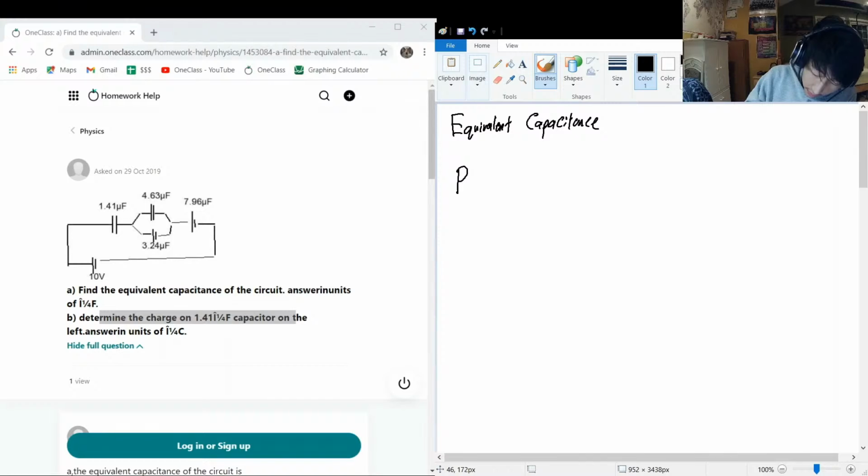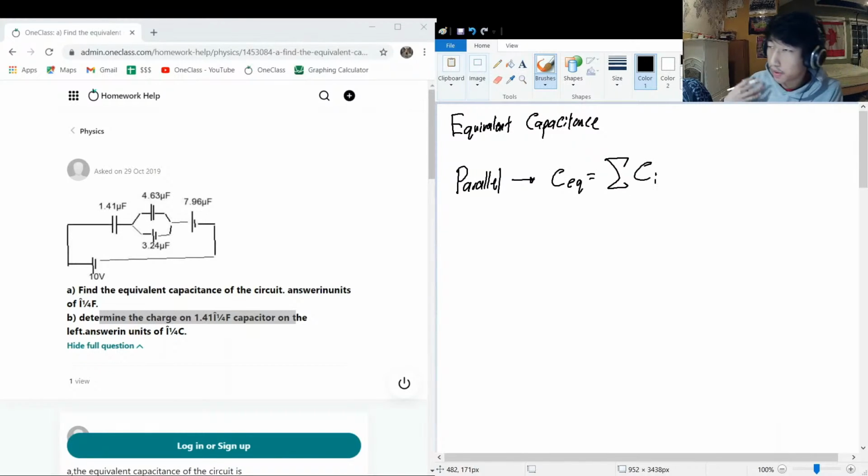In parallel, they're very easy. You just add them up normally. So to write this formally in math terms, we have the equivalent capacitance is just the sum of the component capacitances. Now, if we're in series capacitors,